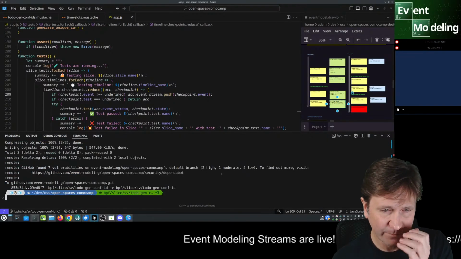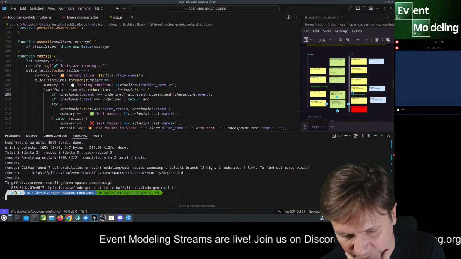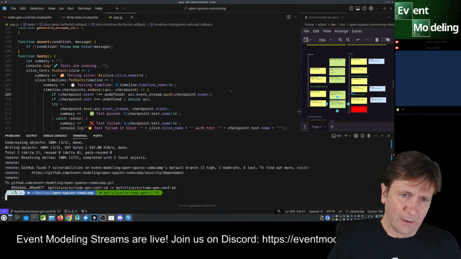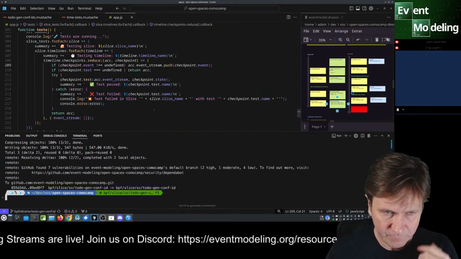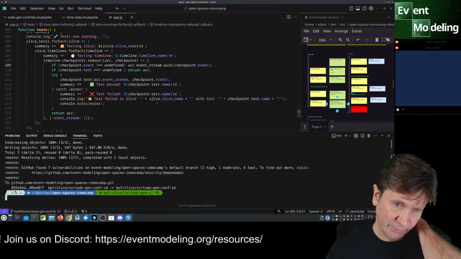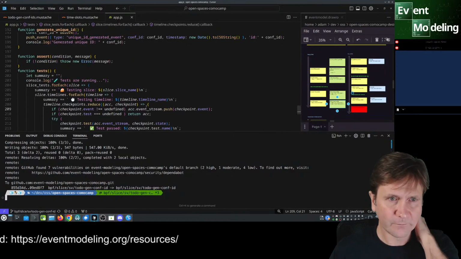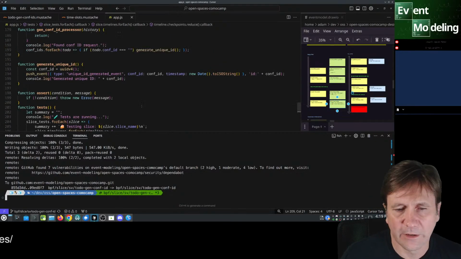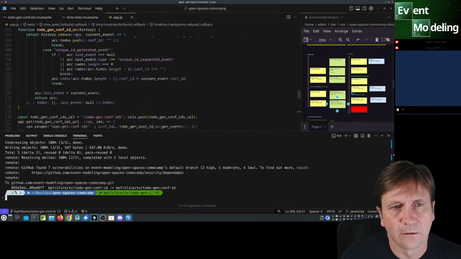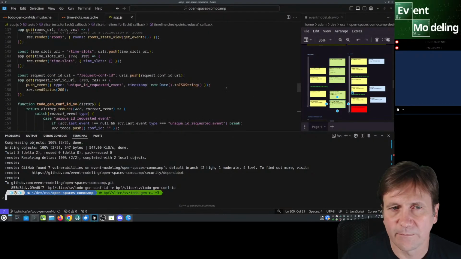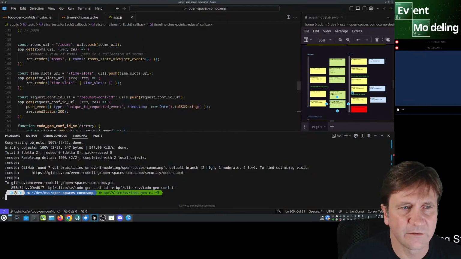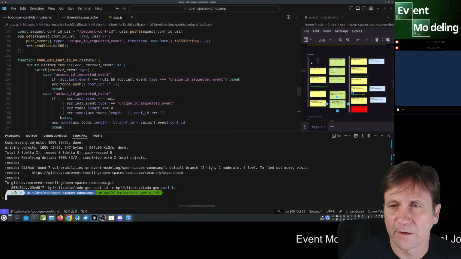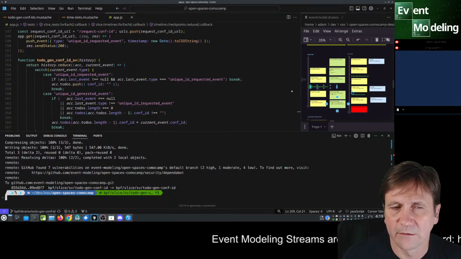Okay, so that's up there. If you want to see the code, if you want to do a pull request to improve this, I think we're going to have to add. So first of all, let's see if we can add